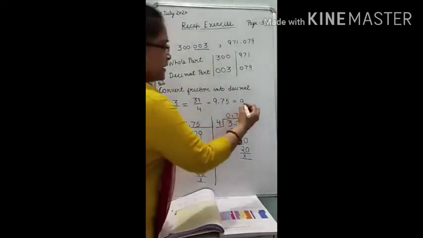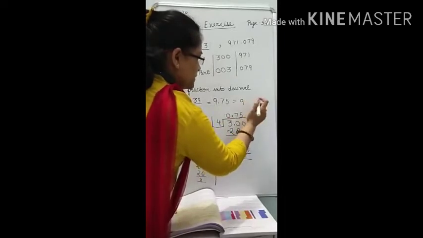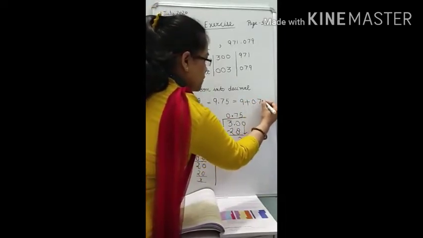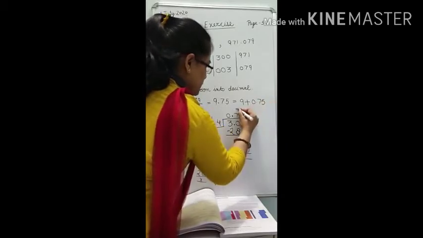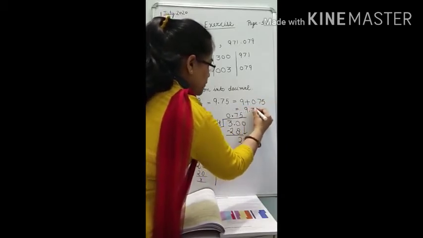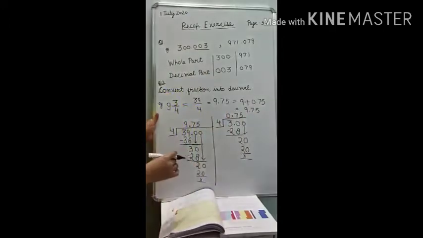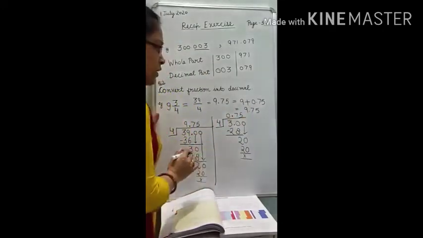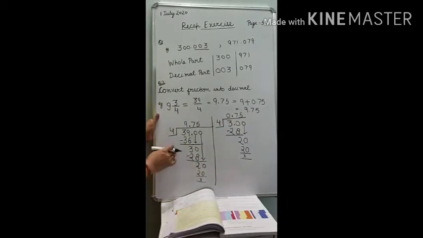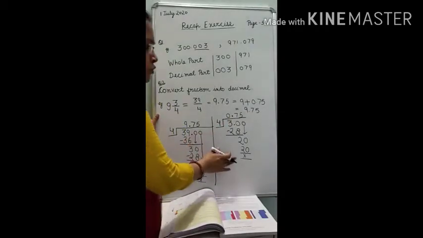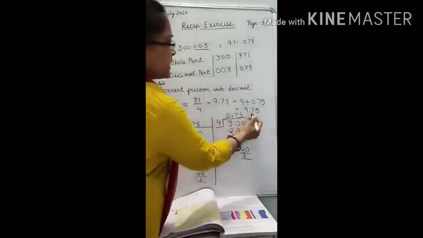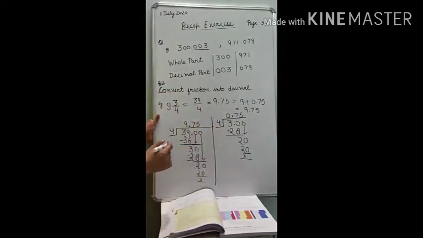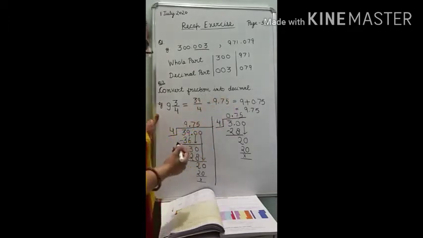Now you can write it here as 9, directly you can write, or 0.75 equals to 9.75. In both the cases you will see your answer remains same. Now this is your choice, class. You will choose first method or you choose the second method. You will get the same answer. Right, class? I hope you understood this well, how to convert the fraction into decimal.